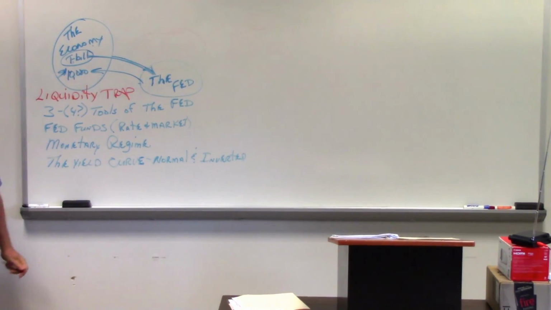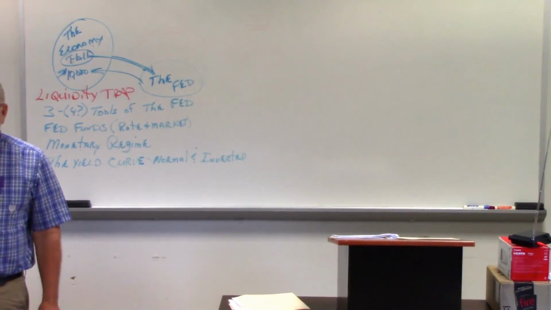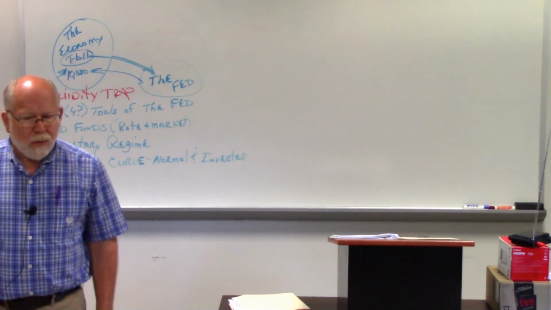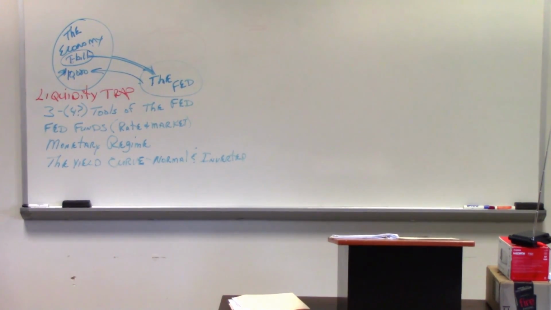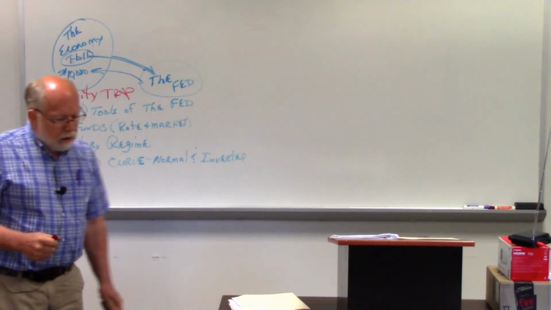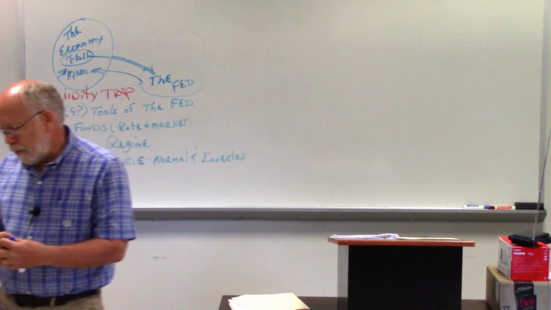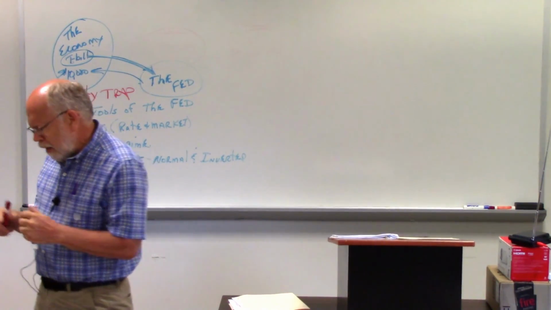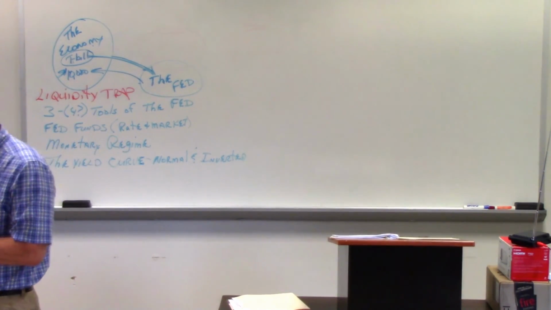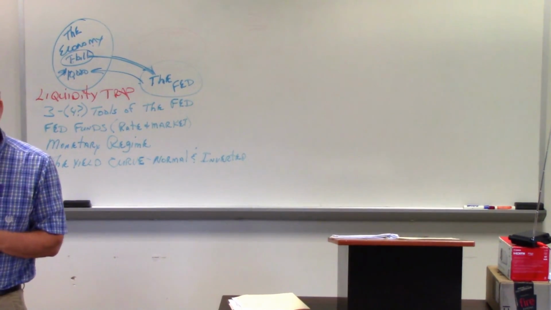Quickly, the fourth tool is relatively new. It's called QE, or Quantitative Easing. This is a tool that really came into vogue with Ben Bernanke when he was head of the Fed, when we had a lot of institutions out there that made loans